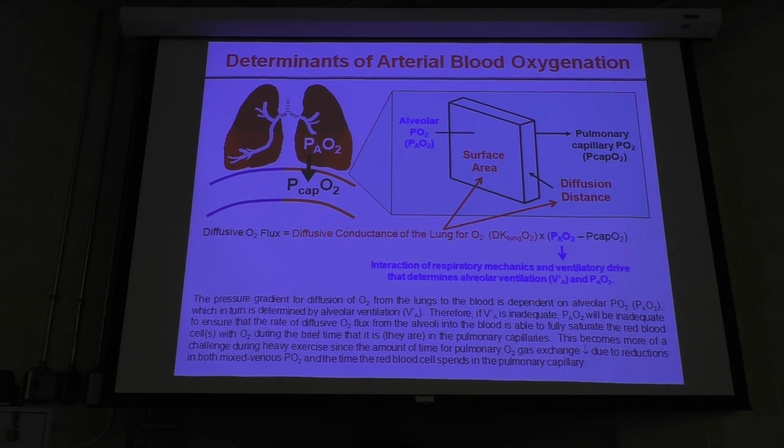So basically, minute ventilation is the amount of air you move into and out of your mouth or into your total respiratory system. Alveolar ventilation is how much ventilation occurs at the actual lung. And depending on breathing pattern, the matching of the two is better or worse. If you breathe deep and slow, the matching of the two is better. If you breathe fast and shallow, the matching of them is very impaired. So again, the nature of your breathing pattern and the one that you adopt during exercise does have an influence